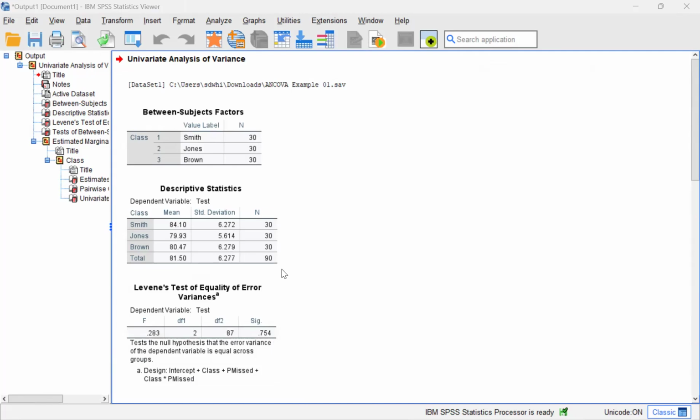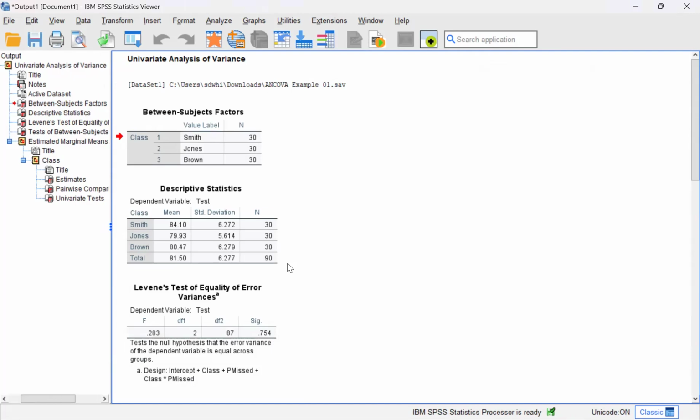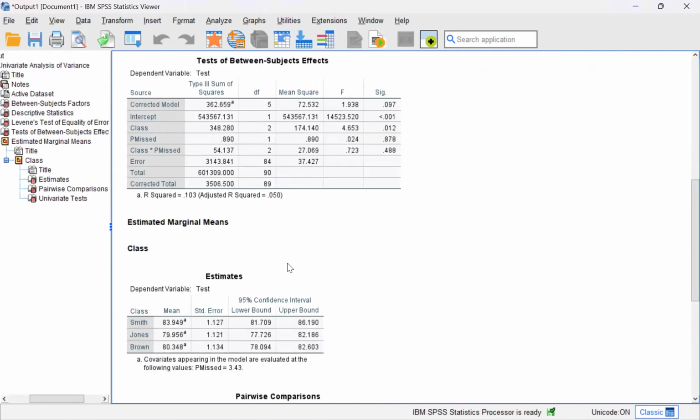Now our next one is to check our homogeneity of regression slopes. So we'll scroll down here just a little bit further and check out the tests of between-subjects effects. Now here we want to look at that class by periods missed row where they intersect and read off that line, right? So our degrees of freedom here are going to be